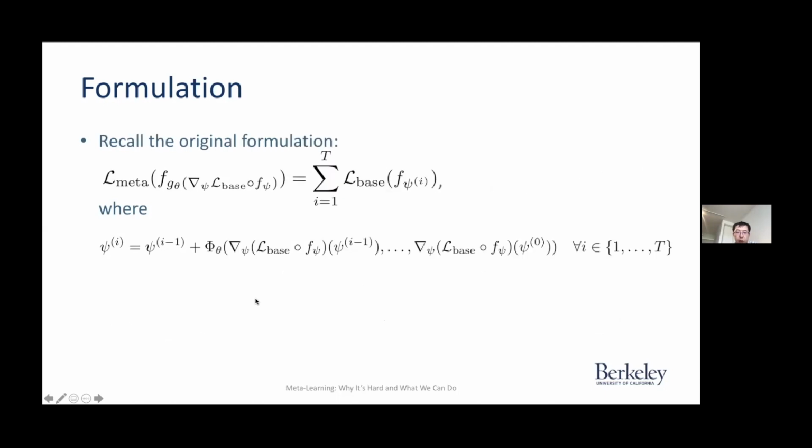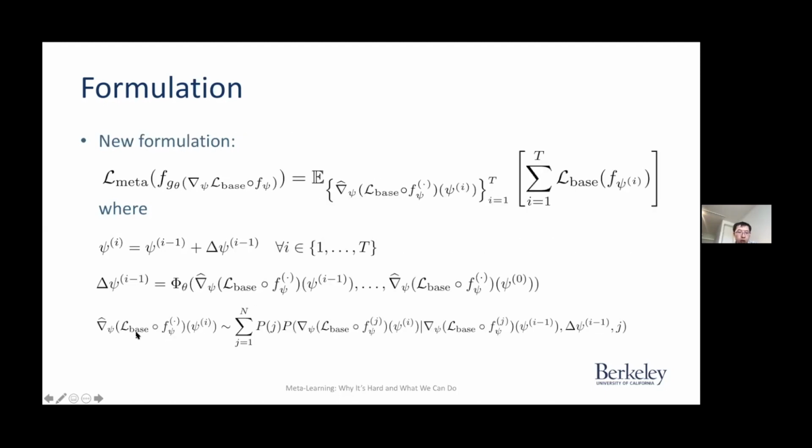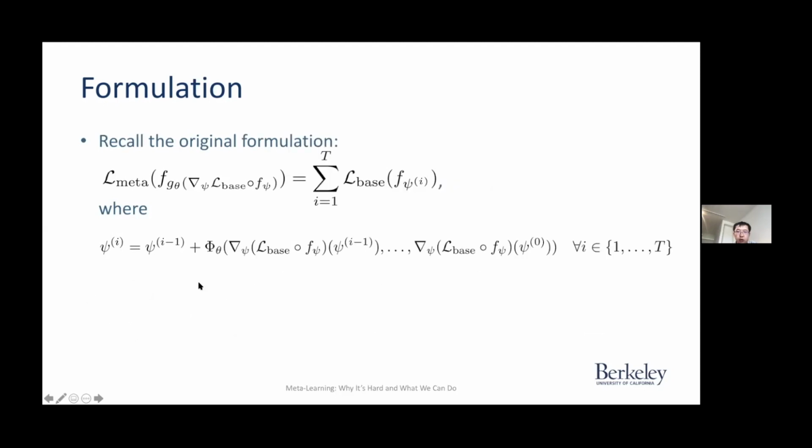So this is different from before. This thing now is going to be fed into the update formula that we have. This is the neural net that takes in your history of gradients, in this case the sampled gradients, and that is going to give you your updates. Whereas previously it was just taking the actual gradients from the objective function at hand.